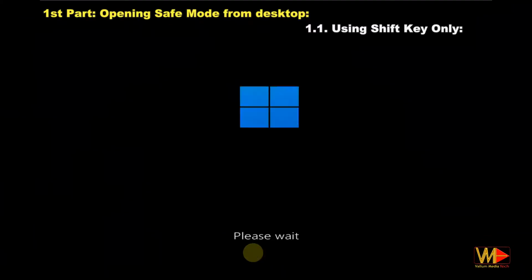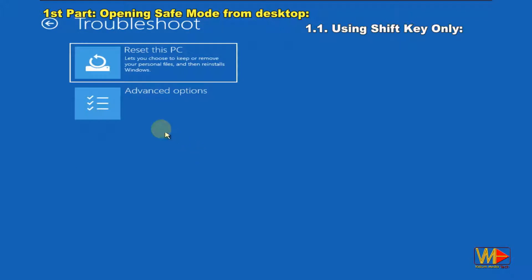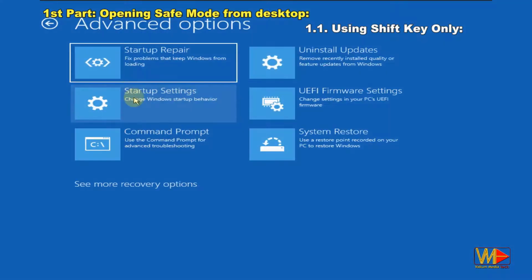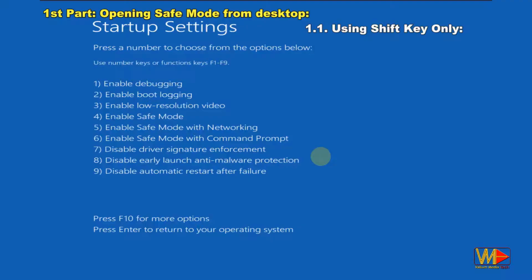Your computer will reboot into Windows Recovery Environment, WinRE. From Windows Recovery, select Troubleshoot option. Select Advanced Options and then click on Startup Settings. Click on Restart to restart into Windows Startup options including Safe Mode. Once you are on the Startup Settings menu, press 4 or F4 key from keyboard to execute the corresponding option from